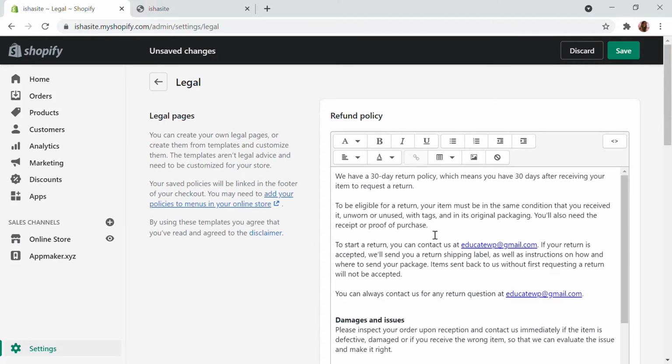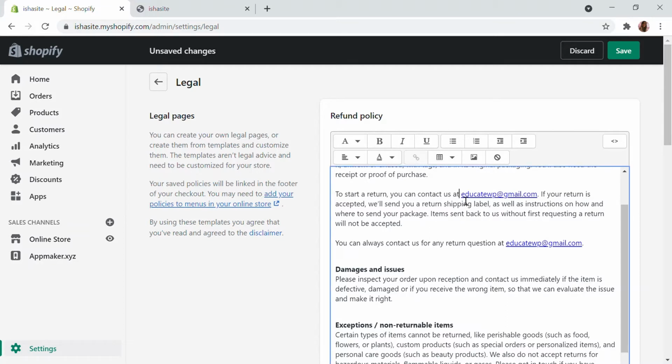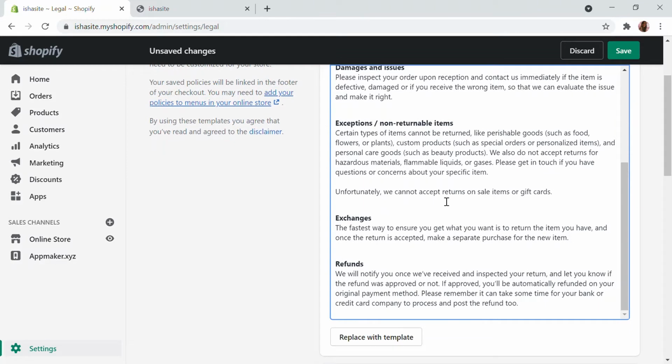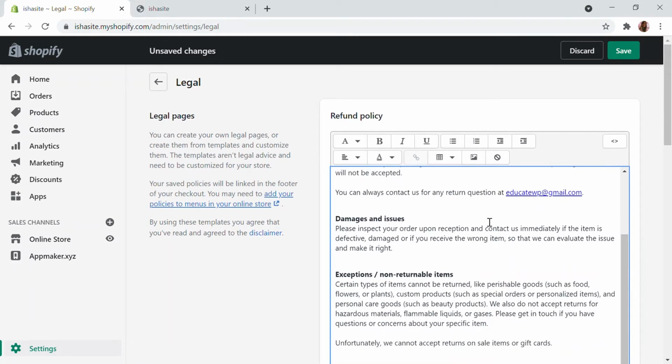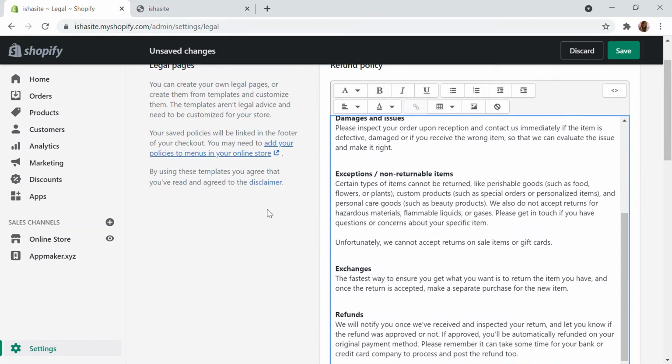So if you have a legal guardian or anyone, you can edit that. So first of all, you can edit the contact, like which email you want to be specified for the customer service, support, etc. So those emails you can edit right here. Then in some places there might be an address, so you can change that as well. So this is the refund policy that I have done.